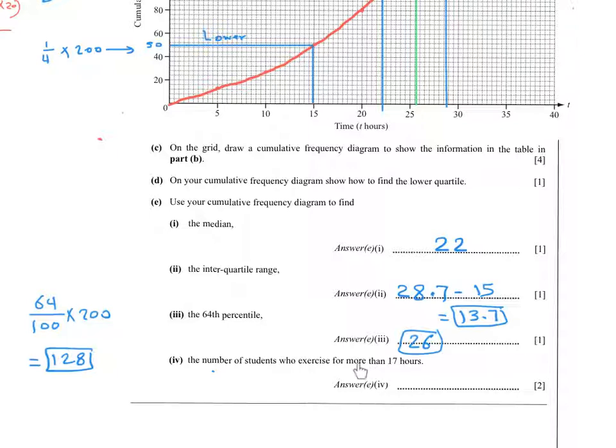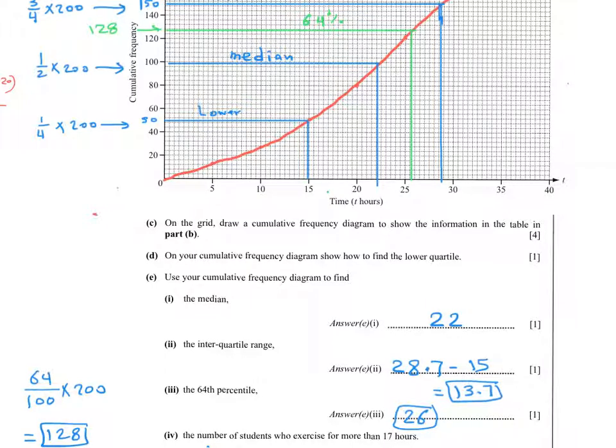In this question, we start from the x-axis, not the y-axis. Start from the x-axis, start from 17, then go up till you reach the curve, then go horizontal. And if you need more than, it's total minus your answer. If you need less than, take the answer directly. So start from the x-axis. This 17,